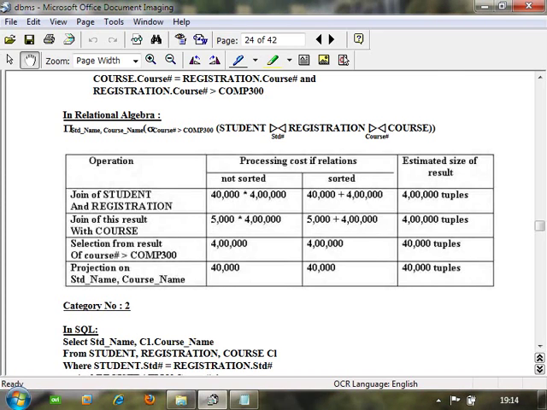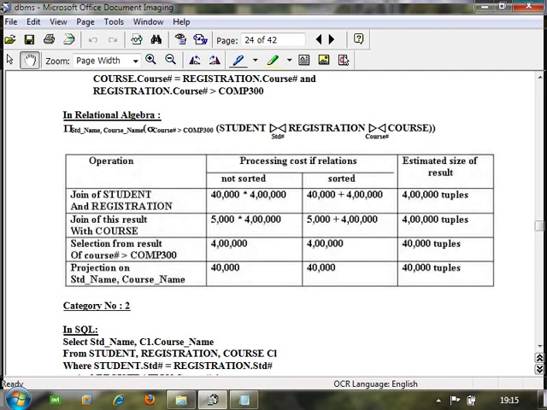So when you are doing the natural join, the theta join, what are you attaching? You are attaching the course details. But how many tuples will you get as a result? Again 4 lakhs. Did you get my point? Fine. Now when you are doing the selection operation, that is sigma course ID is greater than com300, let us suppose out of 4 lakhs I am getting 40,000 tuples matching the criteria. Did you get me? I am not saying it is mandatory that I will always get 40,000 tuples, but let us suppose I am getting 40,000 tuples matching the criteria. When you are taking the projection on student name and course name,